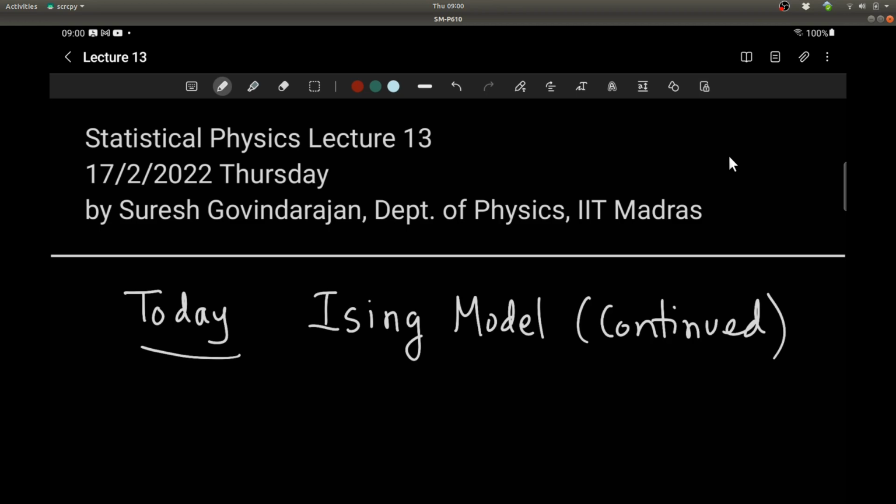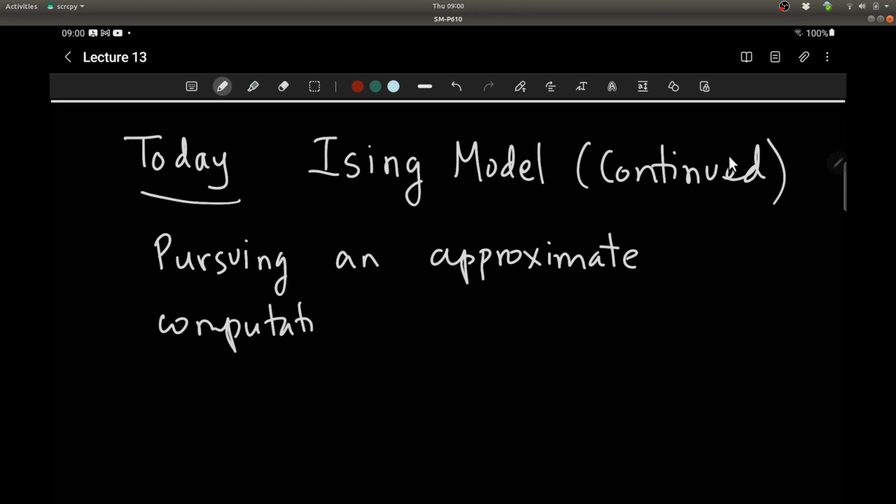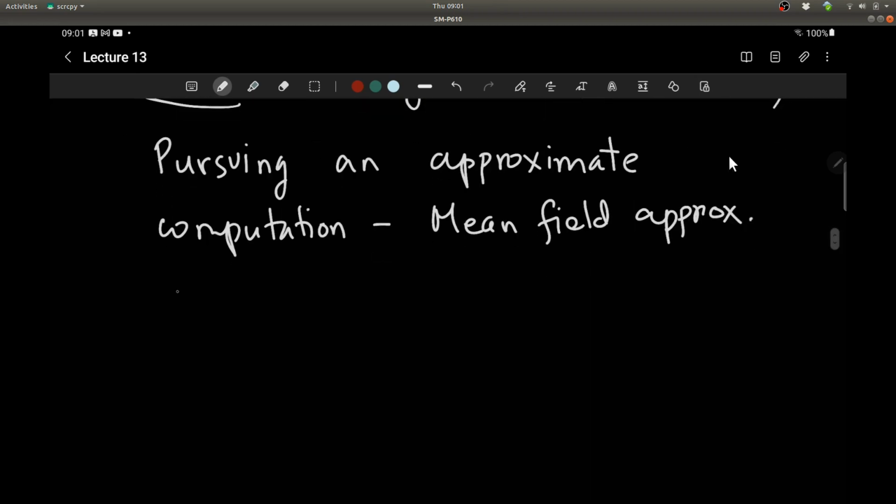Okay, so good morning, and today we will continue our study of the Ising model, and we were pursuing an approximate computation which is called Weiss molecular field theory, or mean field theory, or we'll just call it mean field. It's also called the self-consistent approximation or method,